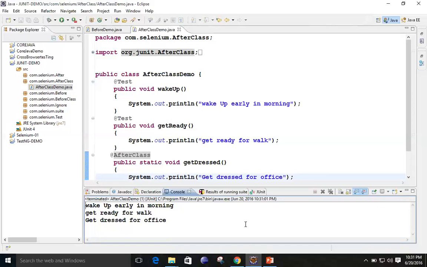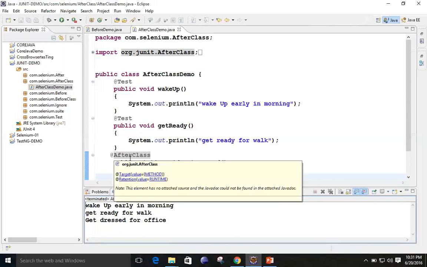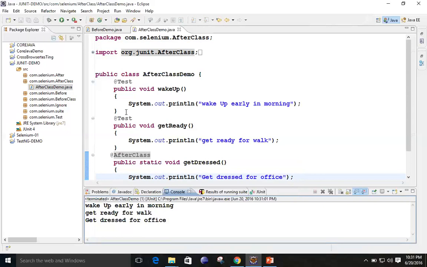It means that in this class, the AfterClass demo, if there are zero or unlimited or n number of test cases, first it will execute all the test cases, and then AfterClass will execute. AfterClass will execute after all the test cases. Okay,